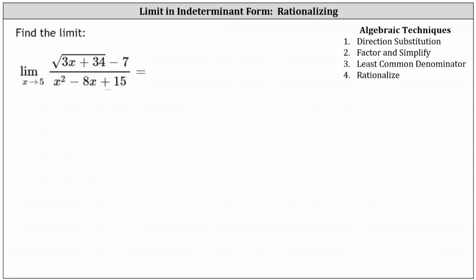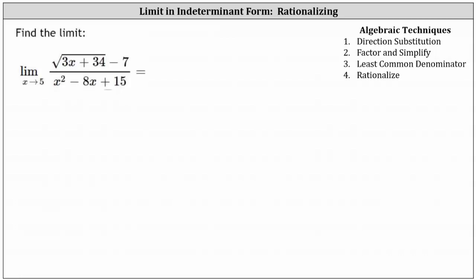direct substitution. In this case, though, if we substitute 5 for x, we get the indeterminate form of 0 divided by 0. This does not indicate the limit does not exist. It indicates we need to perform an algebraic technique to then hopefully determine the limit by performing direct substitution. Once we do this, we'll also verify the limit by looking at a graph as well as a table of